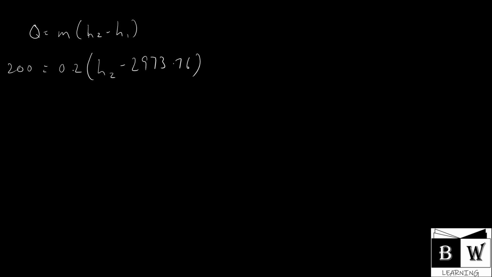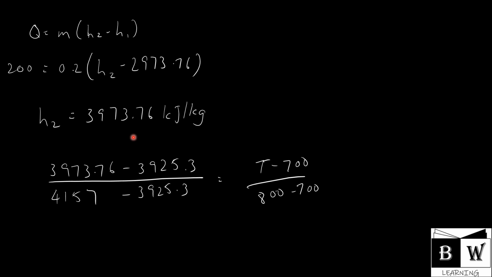So in this case, we can use 200 equals to 0.2 multiplying H2 minus our H1 that we found in the previous slides. So by doing some calculations, you'll find out that H2 happens to be 3973.76 kilojoules per kilogram. So with this, we go back to our thermodynamics table, do some interpolation, and your final temperature will be 720.91 degrees Celsius. Alright, so do take note that when we are looking at thermodynamics table,